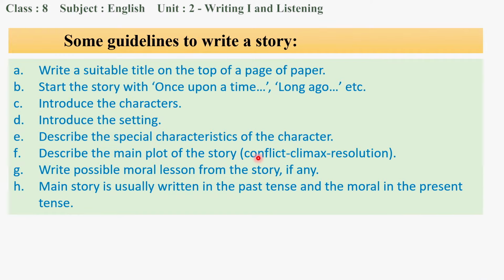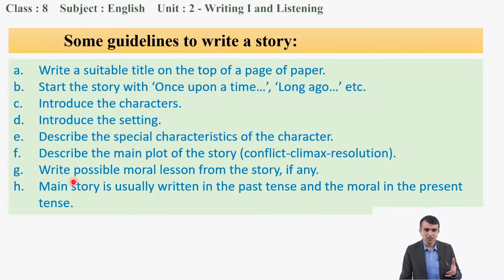So this is conflict, climax, resolution. When we go to the story itself, I will clarify more. Here, conflict means what the problems are in the story. For example, they were very poor, they had difficult days. Now conflict, that is the problem. Climax is a very hard, tough situation. Resolution is how it was solved finally.